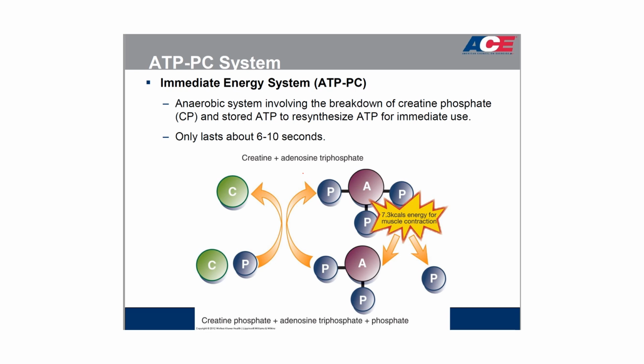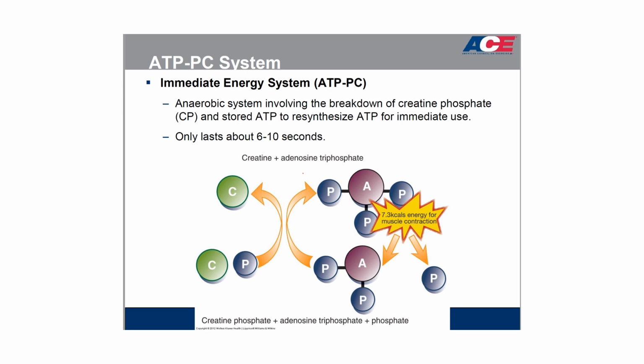The immediate phosphagen system provides energy for short duration, high intensity activities. It relies on stored ATP, or adenosine triphosphate, in the muscles, which can be rapidly broken down to release energy. However, the ATP stores in the muscles are limited and can only sustain activity for a few seconds. To replace ATP stores, the phosphagen system also utilizes creatine phosphate, which is a high energy compound stored in the